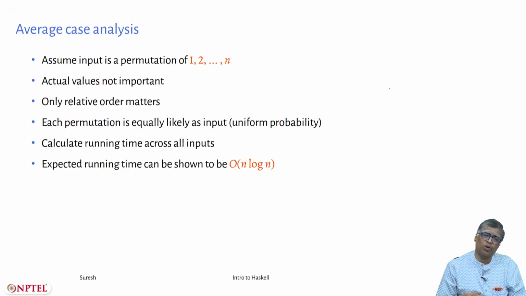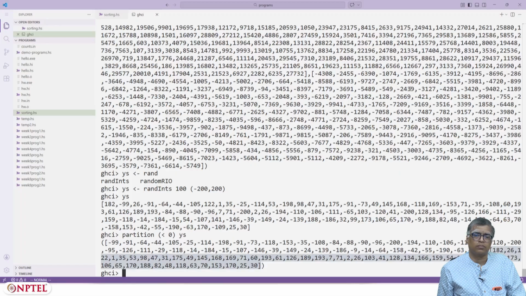We have shown that the time complexity of quicksort is order n log n on average and order n squared in the worst case, but in practice it might perform well. And the most important thing about quicksort in Haskell is that the program is very, very simple. That's the nice thing. So let's now program it and see how it performs on a few inputs.